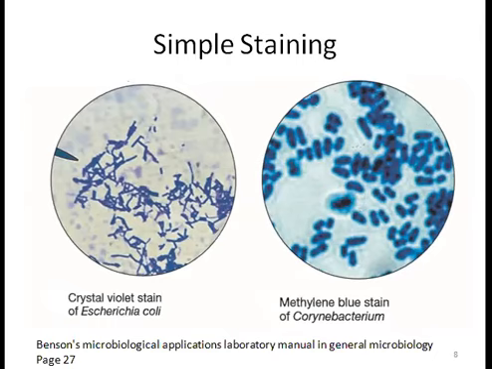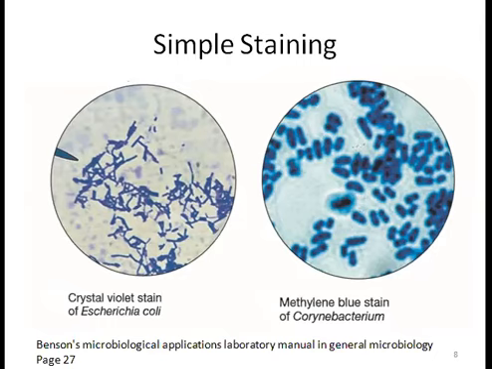Basic dyes like crystal violet, methylene blue, and carbol fuchsin are frequently used in simple staining to determine the size, shape, and arrangement of prokaryotic cells. For the staining of eukaryotic cells like fungi, there are some stains that are used to give color to the colorless hyphae for better contrast, like Congo red, cotton blue, and trypan blue.